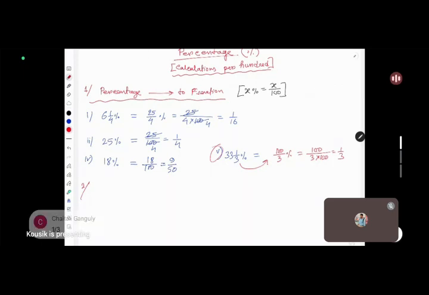Similarly, we may convert from fraction to percentage. In that case, A by B is equal to A by B into 100%. So in that case we should multiply. তাহলে আগেরটায় ডিভাইড করেছি, উল্টো এখানে আমাদের কি করতে হবে? মাল্টিপ্লাই করো তাহলে।